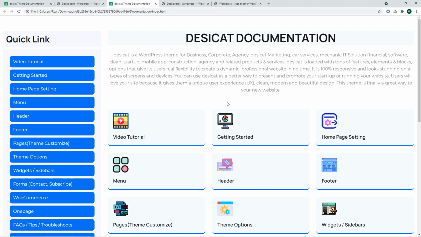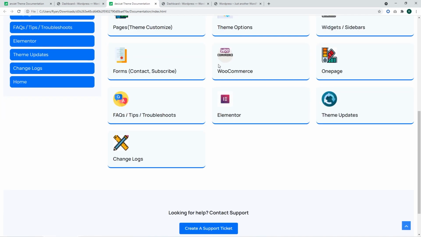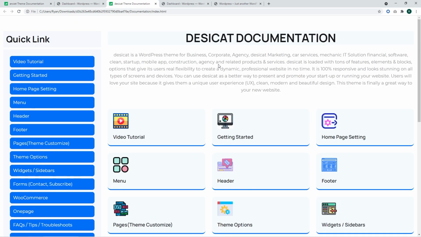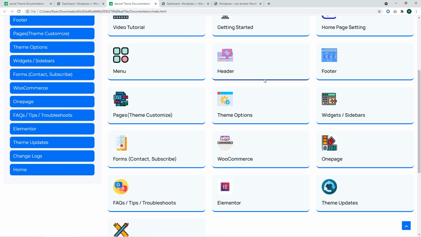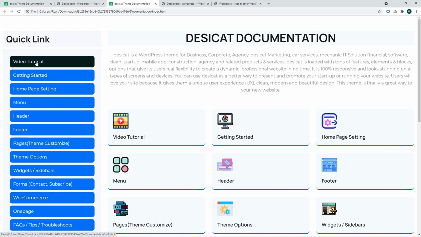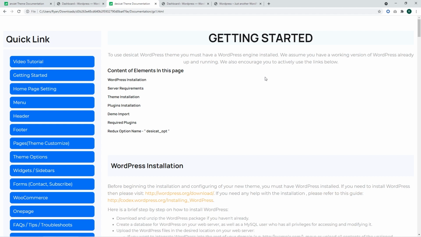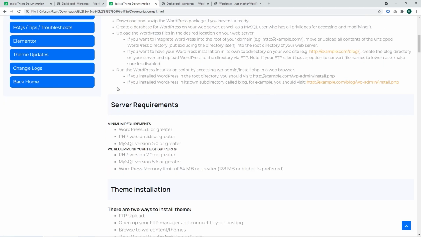Alright, I have opened the documentation. In this particular case, we can see that the author has added several sections, some video tutorials, and divided the documentation into several sections. I'm going to check the Getting Started section. In this section, we can see WordPress server requirements. I suggest you check this section